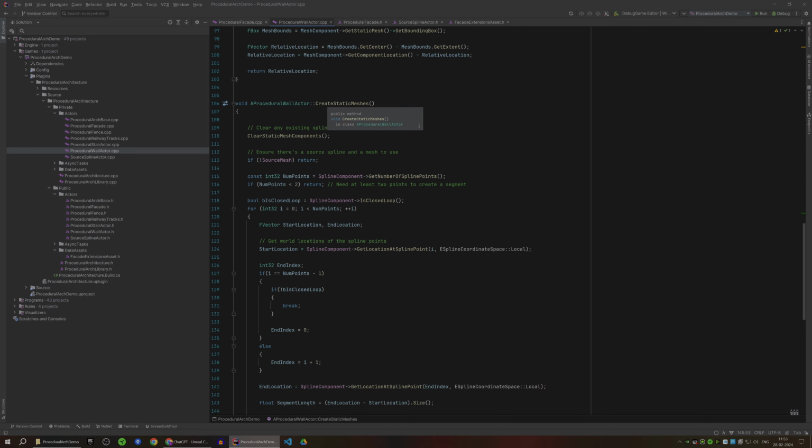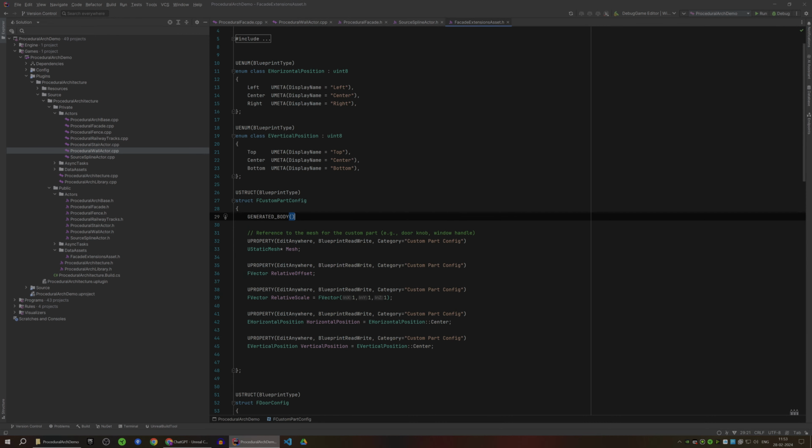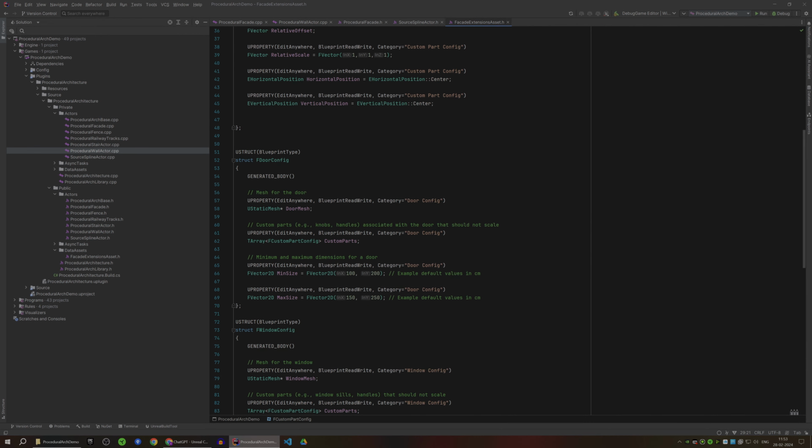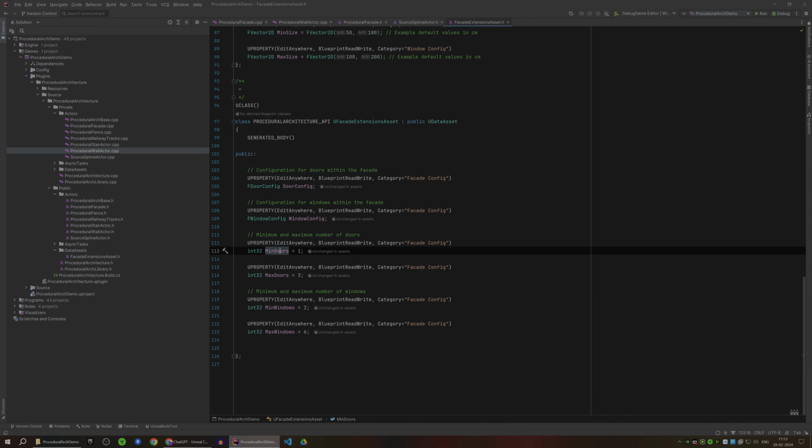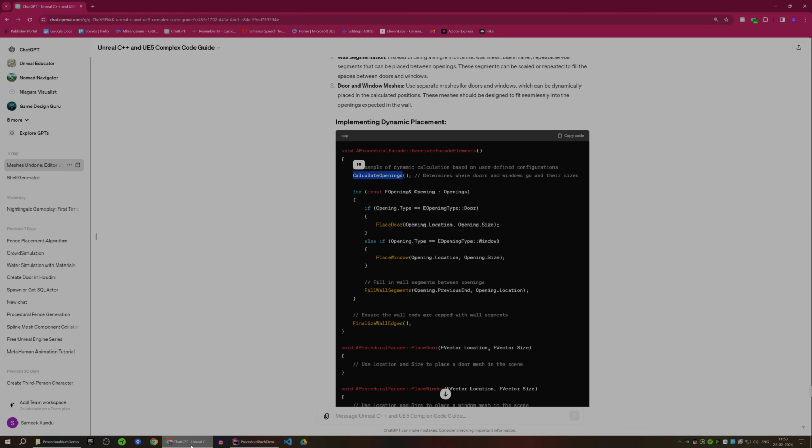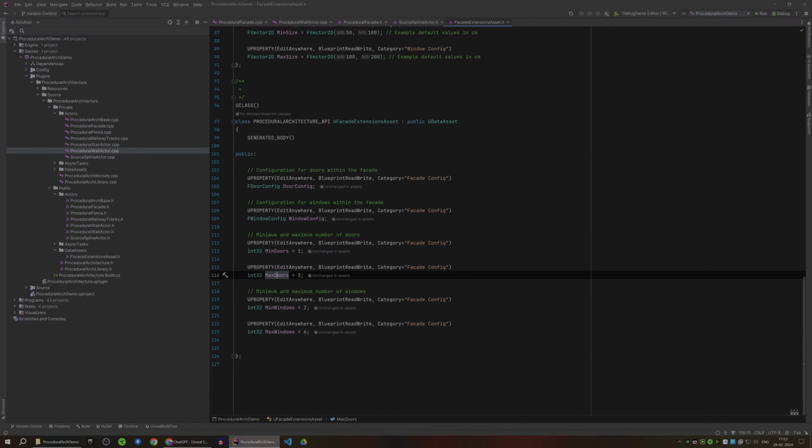We need to alter this a bit, and obviously we have to get each and every spline point, but then inside each of them we need to check how many doors are required, and that calculation is going to come from here. From here, min doors and max doors, how many min doors and how many max doors are required. Here we are going to be doing our thing. So let's first